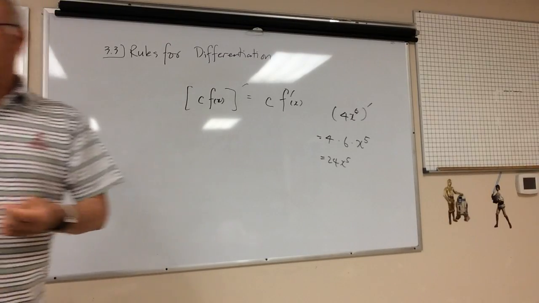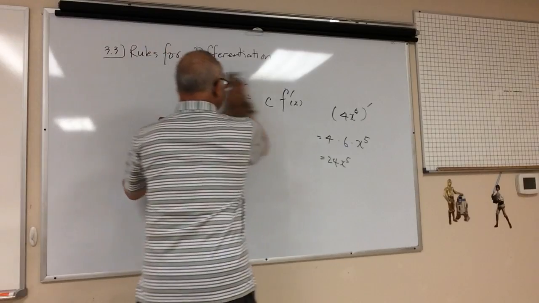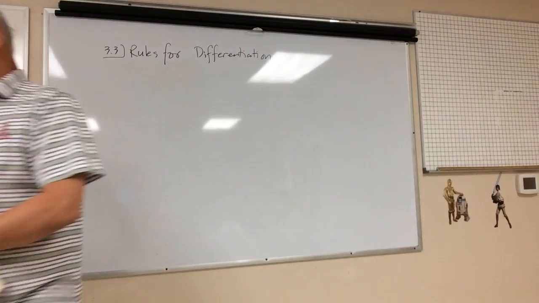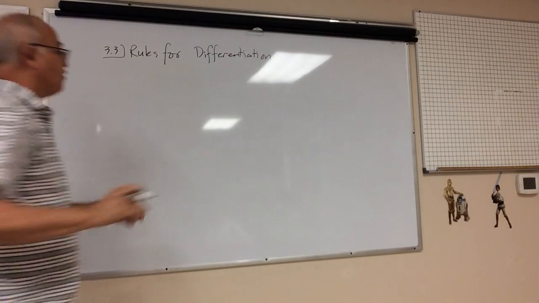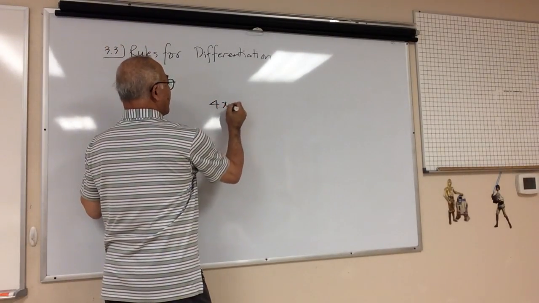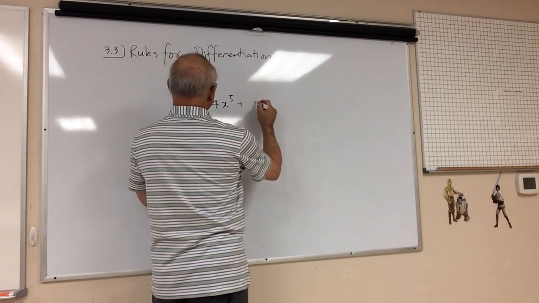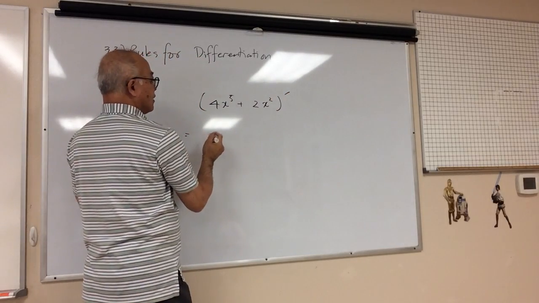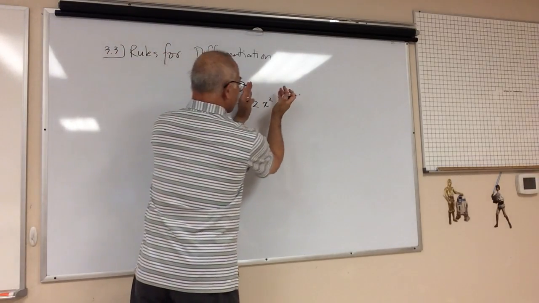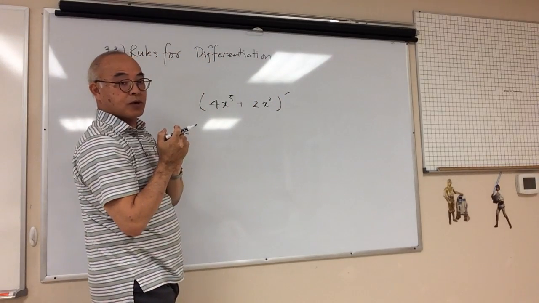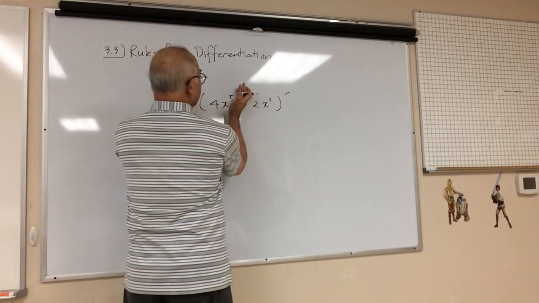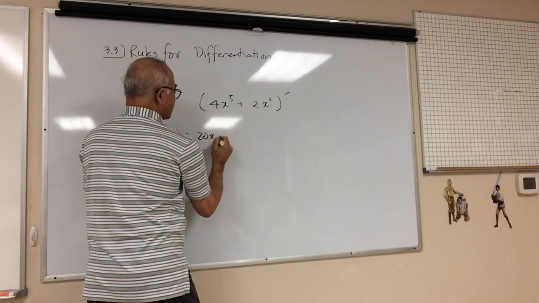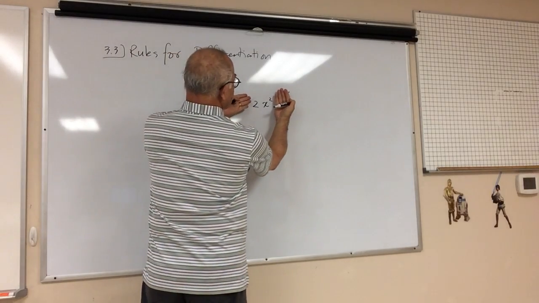So if you have two functions, f and g, and I take the differentiation, I'm just adding the two together. In other words, if I have a function that looks like 4x to the 5th plus 2x to the 2nd, and I'm going to take the derivative of this, it's this derivative plus this derivative, right? That's what they're saying there. So if I take the derivative of this, what do I get? 20x to the 4th. Plus, I take the derivative of this, I get